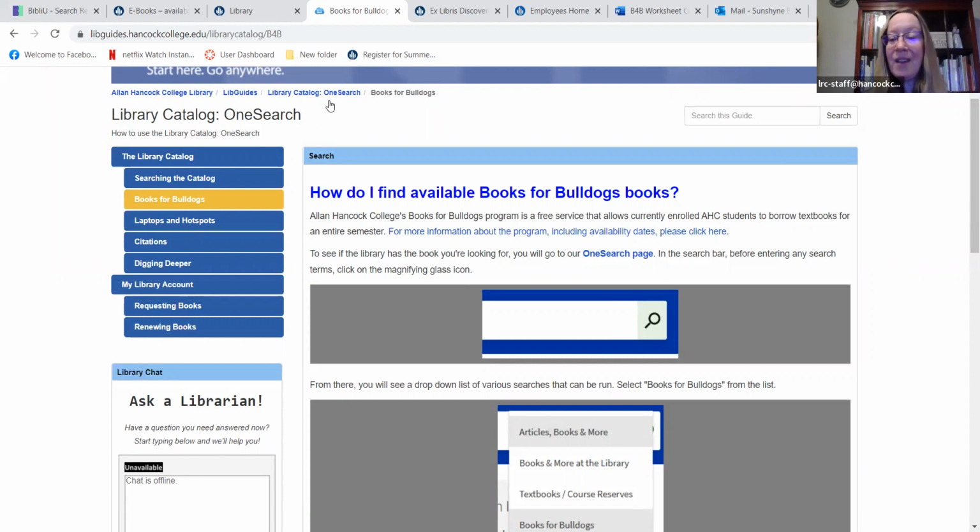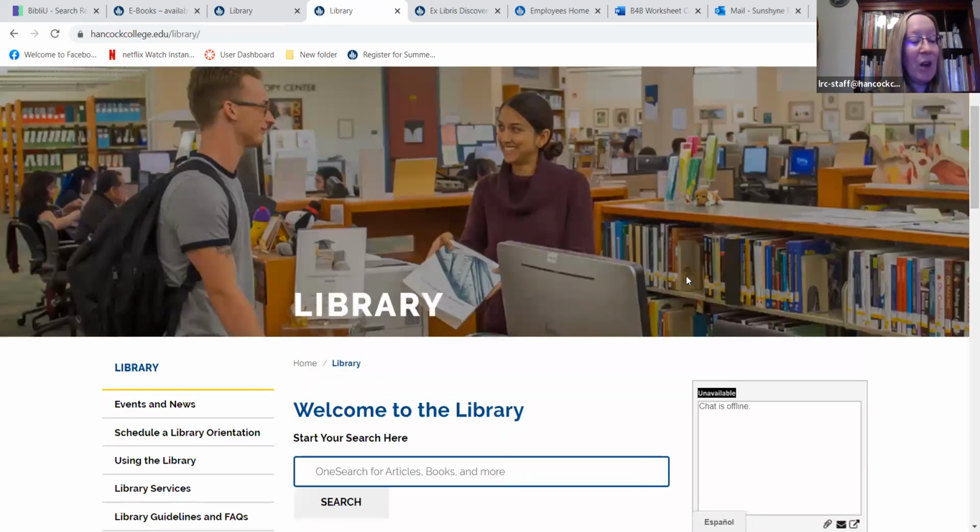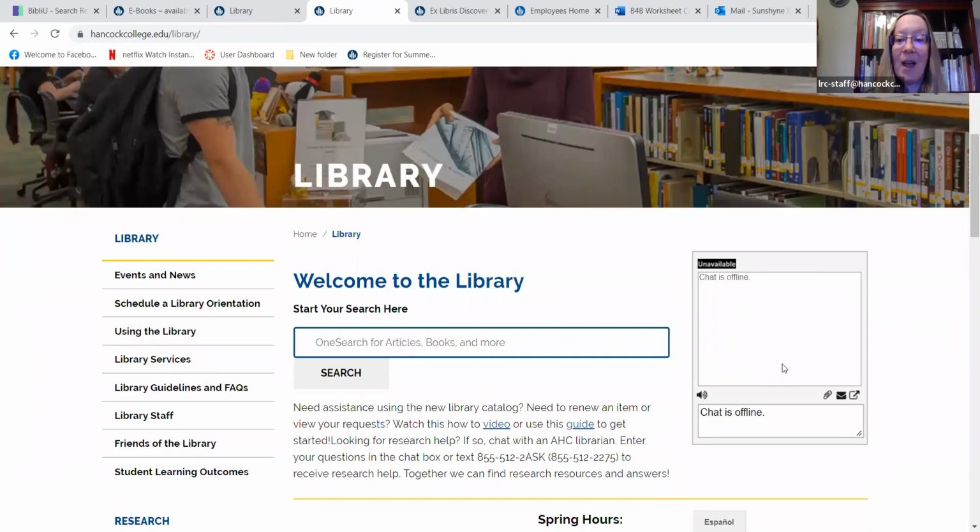So I've come to the end of the workshop. If you need additional help at all with the Books for Bulldogs program and searching for your textbooks or anything else related to the library, here we have the library's homepage once again. As you can see, we have chat here. If it says it's available,